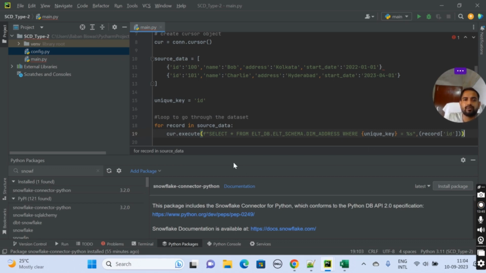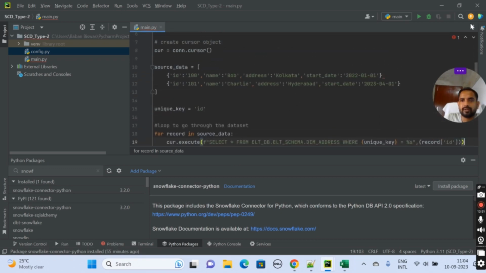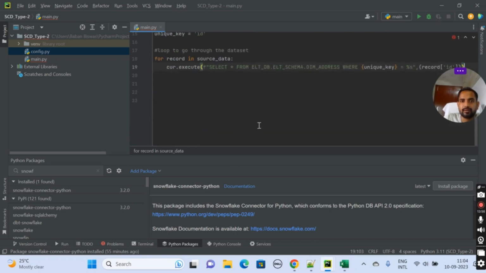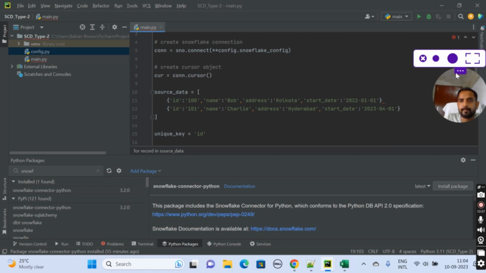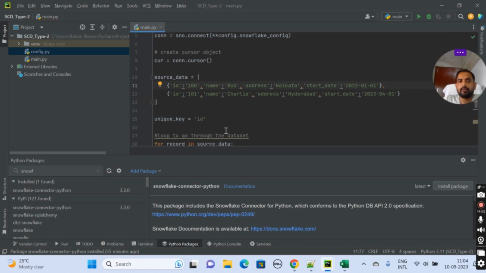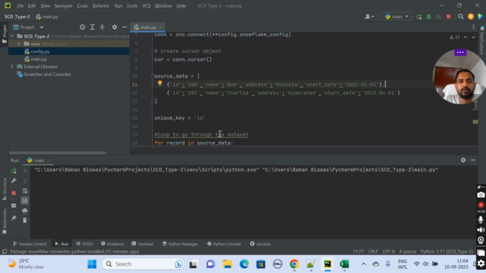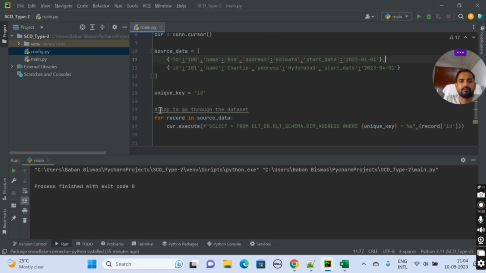So now I think we are good. Next we'll run this query. Okay, we are getting some error. Why are we getting the error? You need to understand this error. What is the error? Here we need to put a comma. That's why now it's gone. We'll run the query again to check if it's working fine or not. So it's working fine.